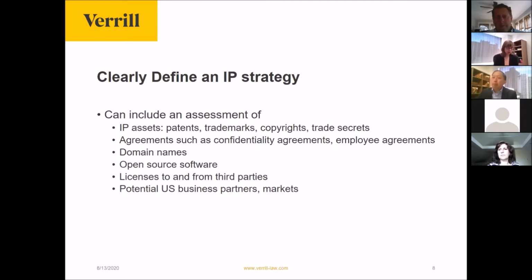Obtaining patent protection can be costly, so it's important to give some thought to determining which inventions a company would like to allocate its resources to protecting. And there's a few factors to bear in mind. Patents can be used both offensively and defensively. What are the important inventions and what are the less important inventions, and how can they be used? Would you anticipate wanting to license a patent to any third parties? That kind of thing.